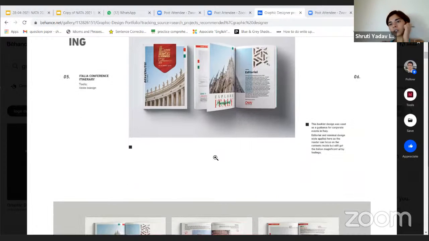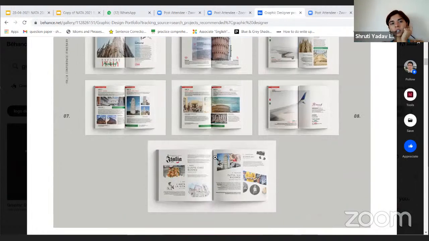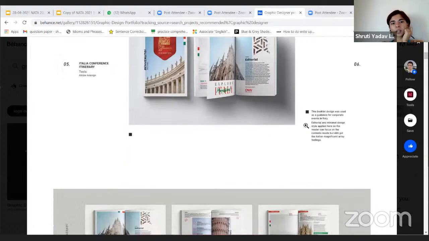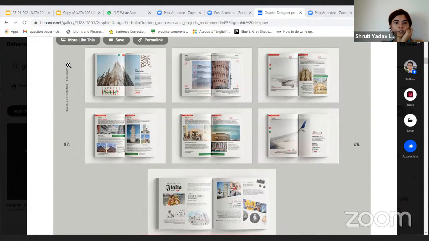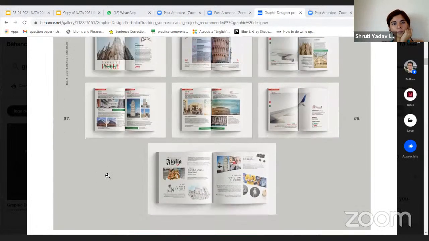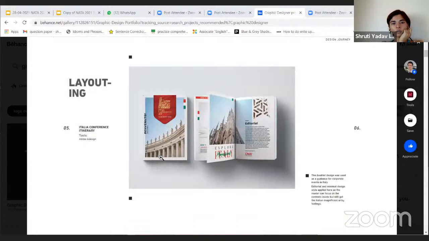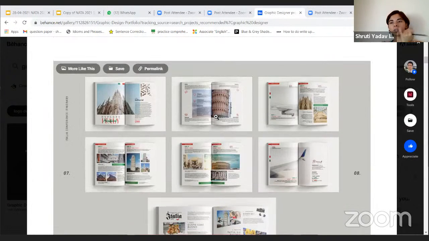Then layouting. So this is his first project wherein he's done layouting for this. So if you're looking at the backdrop, it's not disturbing, it's coming together as one. So it's very light. Then the alignment you can look at. One thing that this person has done, which you do not have to do, is in this picture we cannot see the text, and it's okay for his thing because he's just trying to show the layout here.